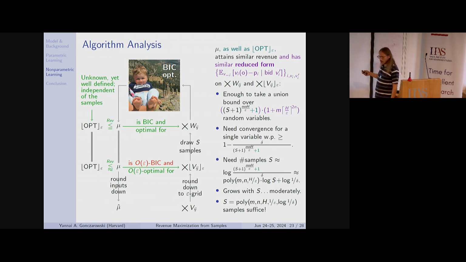So it's becoming one heck of a union bound. But if we copy this here and copy this here, we'll see that the number of samples grows much bigger now, this set that we want a uniform convergence over. But still, we need S that equals roughly polynomial and stuff times log S. So still the sweet point has S polynomial in everything. So I've proved to you also epsilon BIC. And I will not do this now, but the rounding is more epsilons, but that's it.